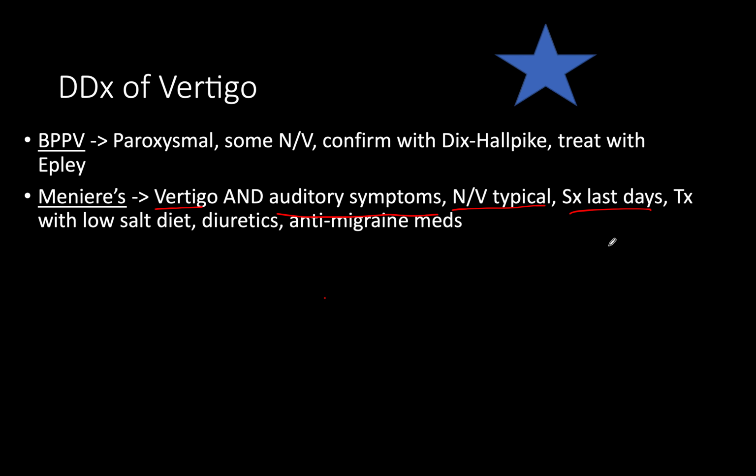Okay. The treatment has gone through different evolutions through the years. Originally, it was treated with a low-salt diet and diuretics. It was thought to decrease the pressure in the ear, and so you may see that as an option choice, although really clinicians have gone away from it. Now they really treat it with anti-migraine meds. Okay, so things like sumatriptan and some of the other anti-migraine medications are where we go nowadays.